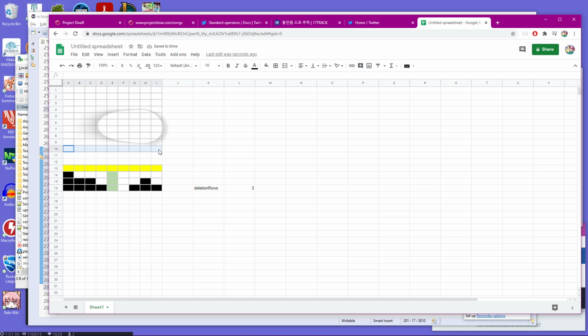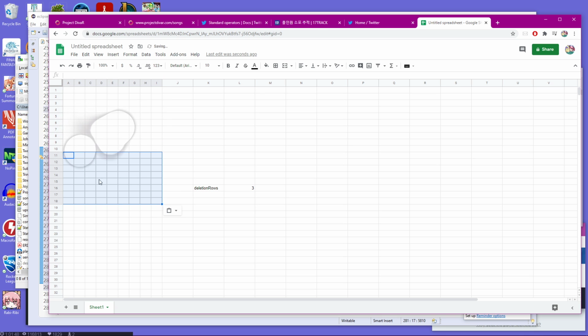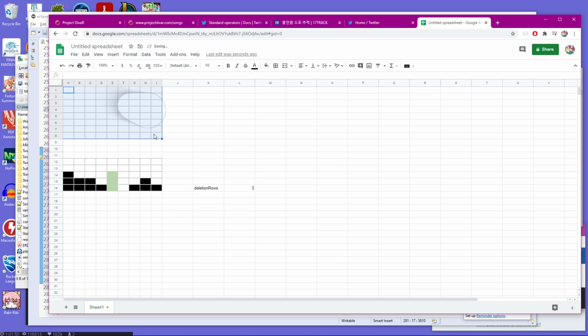So we go to the next row. Deletion rows is 3. Boom. That's the clear line. Deletion rows is 3, etc. I could actually count it here. 1, 2, 3. 1, 2, 3. Boom. You can see that that is the algorithm that we have to utilize to do our clears properly in